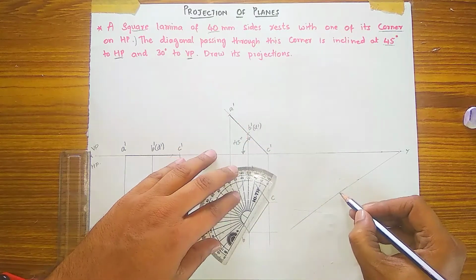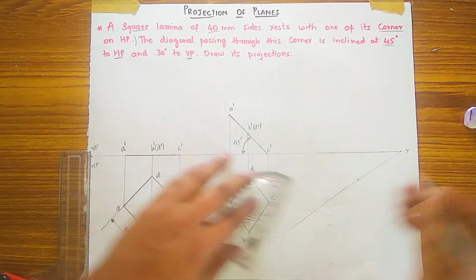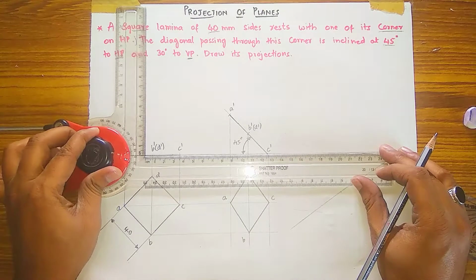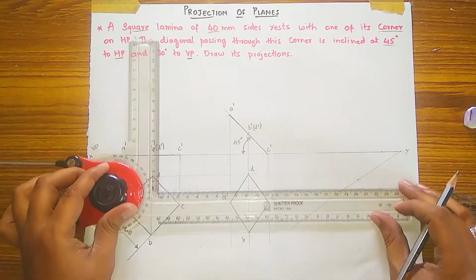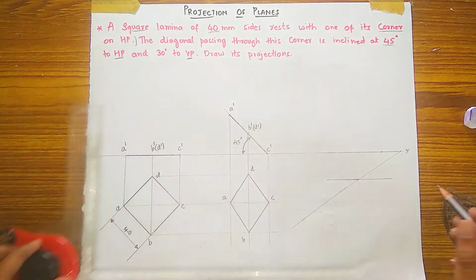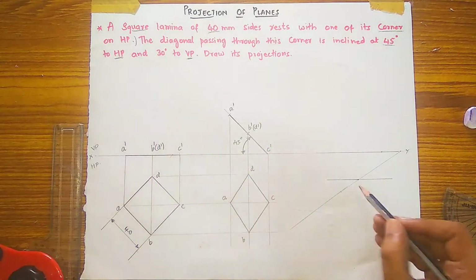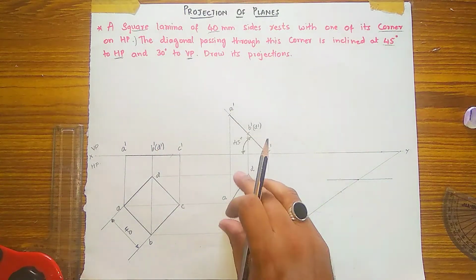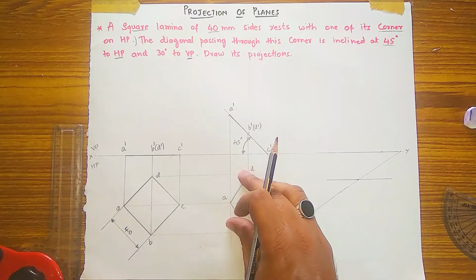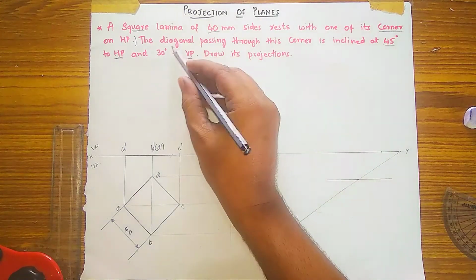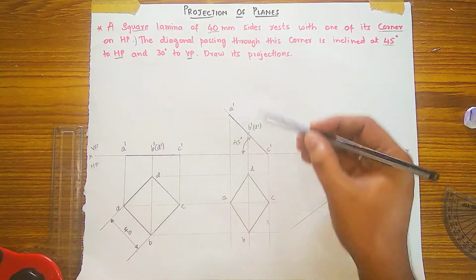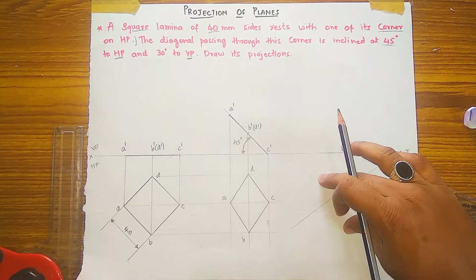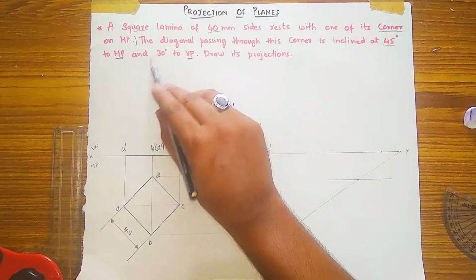After taking the angle, put a point here, anywhere else or here. Okay, then draw a perpendicular line with this, and a line parallel to this XY line. Adjust your drafter and put a parallel line. Why? Because we have to remove the true length, because this 30 degree angle is not a true angle to rest this square plane here with the diagonal. In the question, the diagonal passing through this corner is not resting at the 30 degree angle, and it is not saying that it is appearing in the question.